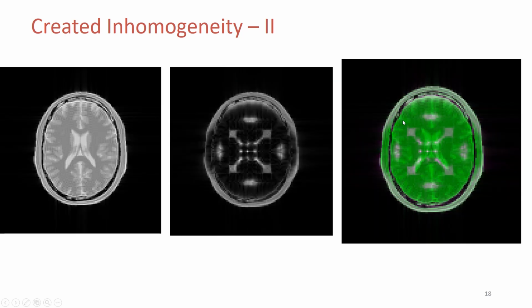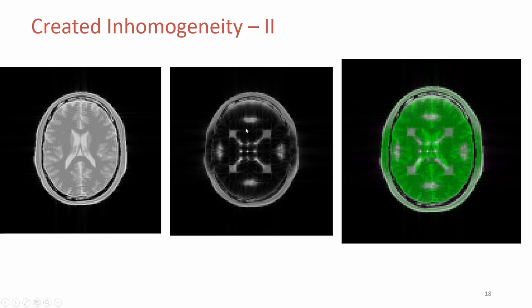The results due to this additional field can be seen here. This time, since everybody experienced a different amount of displacement, we see that the image is actually completely destroyed. But since the additional field is symmetric, the effect is also kind of symmetric. And also, since the value of the additional field is high, we see that there is also signal loss